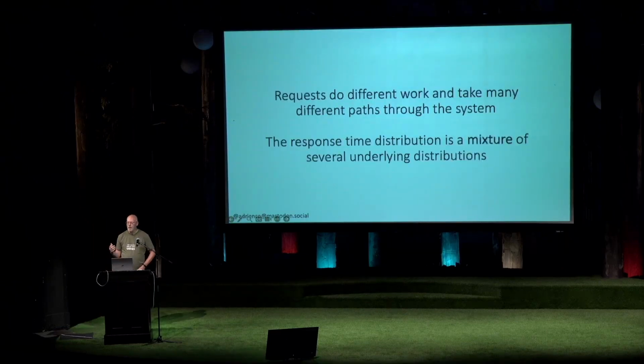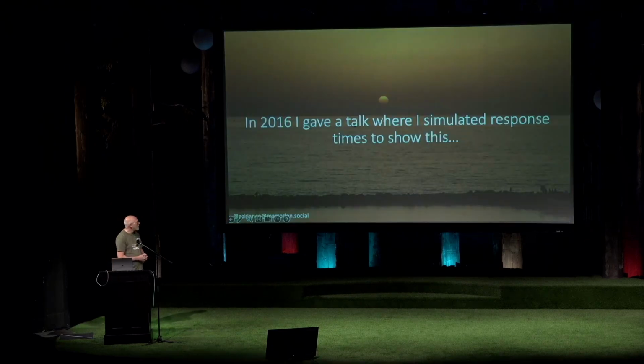And it's basically because requests that come into a system take different paths through the system, right? If you've got microservices, they're going through different services. Some queries are heavy load, some are light load. You look at an API front end, it's got this big mixture of things hitting it, and they all respond differently, and you combine all those together, and so you wouldn't expect to get a single smooth response time distribution. And the key point here is the word mixture. It's a mixture of underlying distributions.